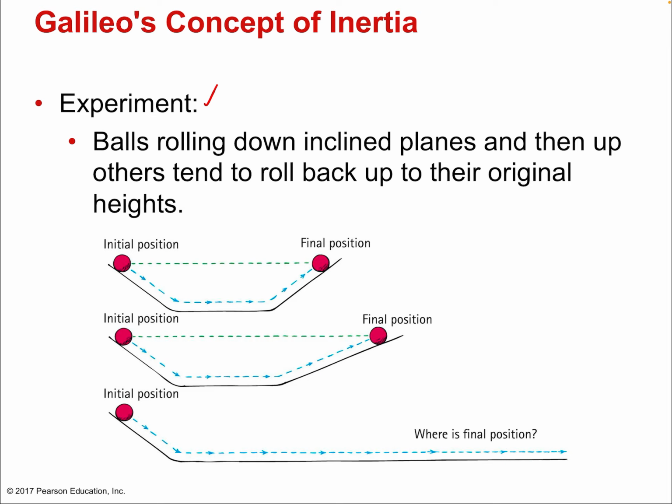So we see that there was some force that pulled them down. Again, more on forces in a moment. And then when they go back up, there's still a force pulling them down. So they're only able to exchange equal amounts of going down for going up. And it doesn't matter if it's a longer path going up because the planes have very little friction. So the only force is the force in the direction I drew, the arrow direction.